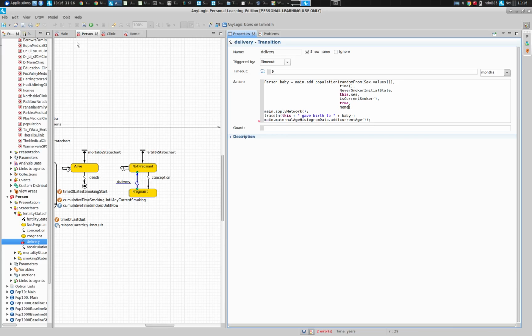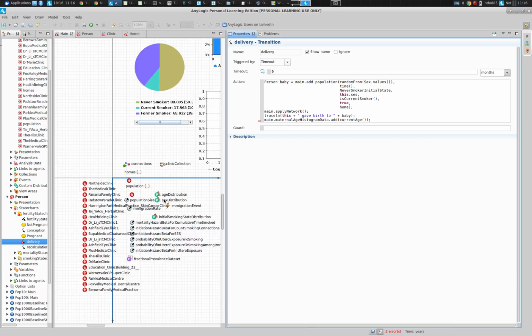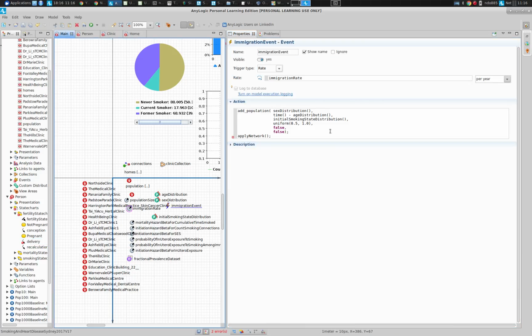And next, for immigration purposes, when people come into the model via immigration, we need to lend them a home. And I'm not going to get into